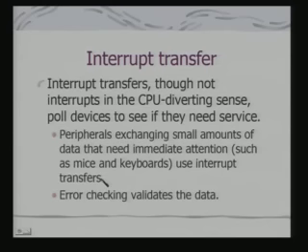You can say that this is a polled bus. The host initiates the transfer. So, interrupt transfers are periodically initiated by the host to check whether these devices require immediate attention or not, and that is why they are called interrupt transfers.